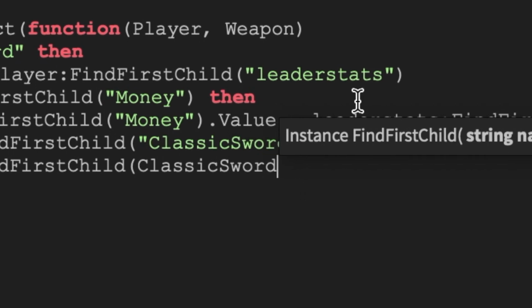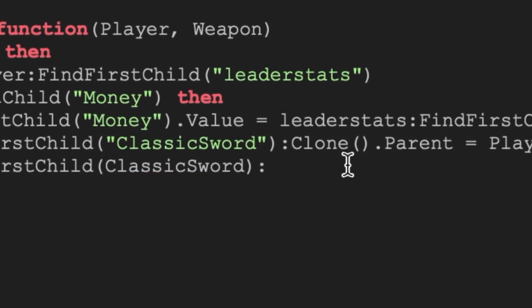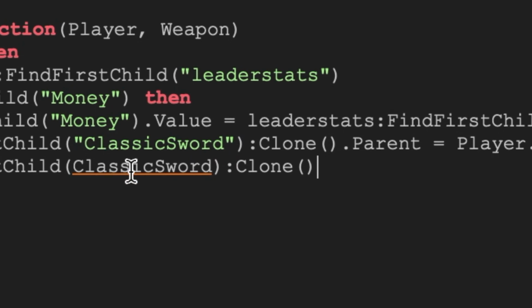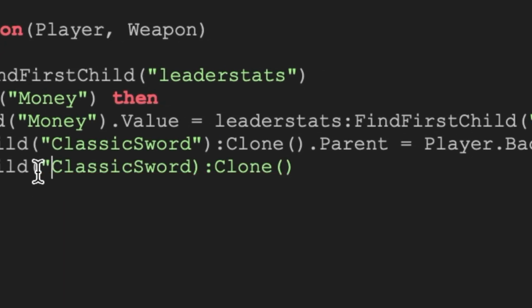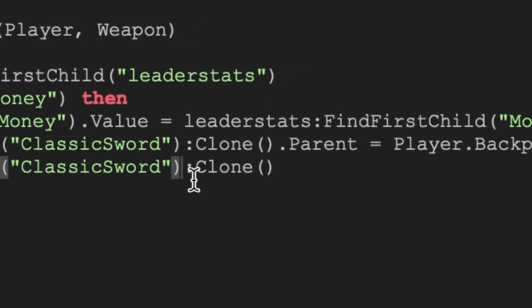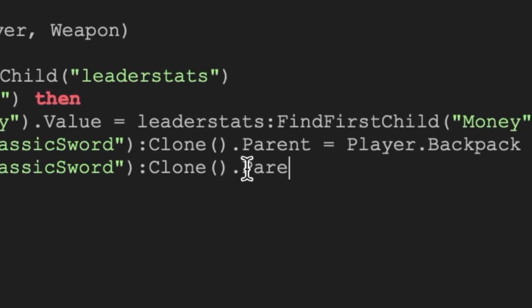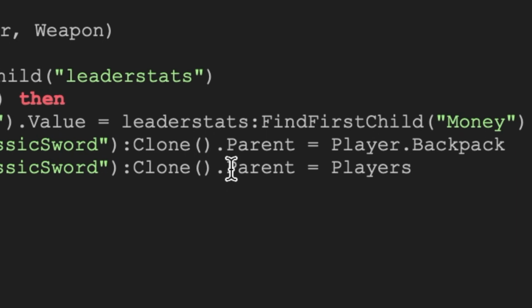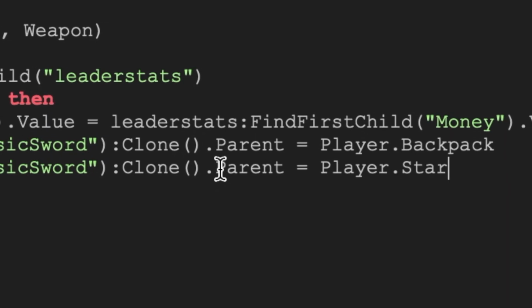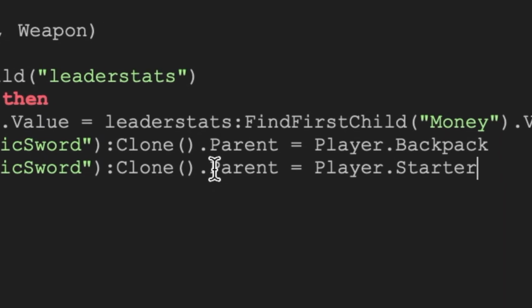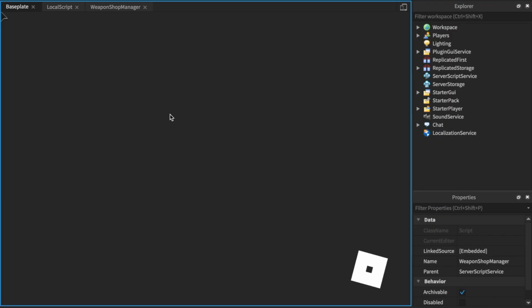Sword. I'm sorry. I'm very careful when I type sword for some reason today. Classic sword is an object, so I just want to make sure I'm spelling everything right. And dot parent equals player dot starter gear, and then